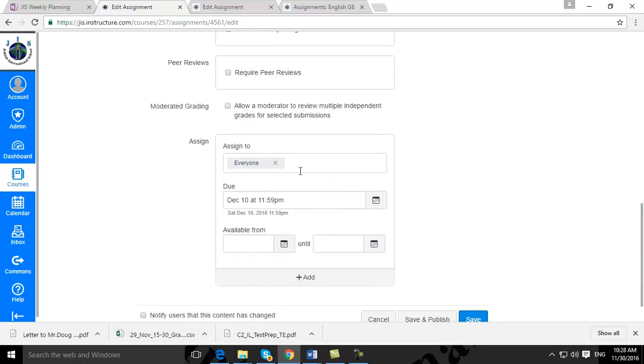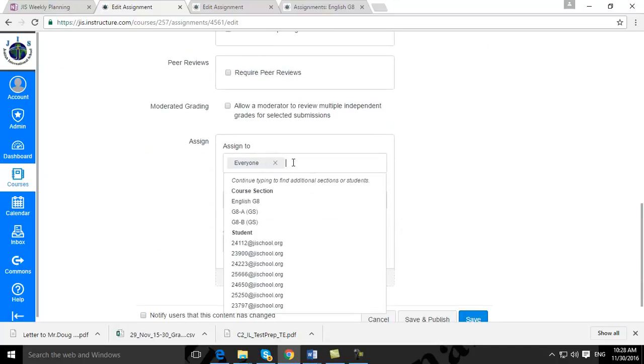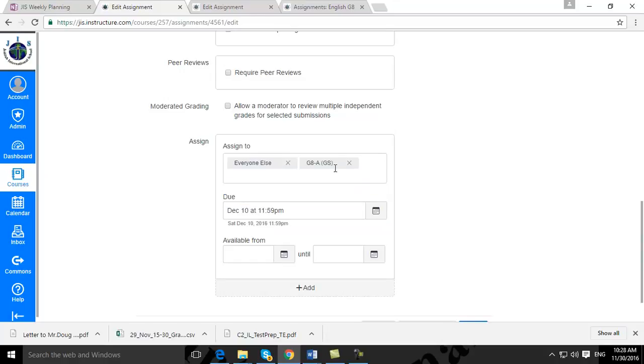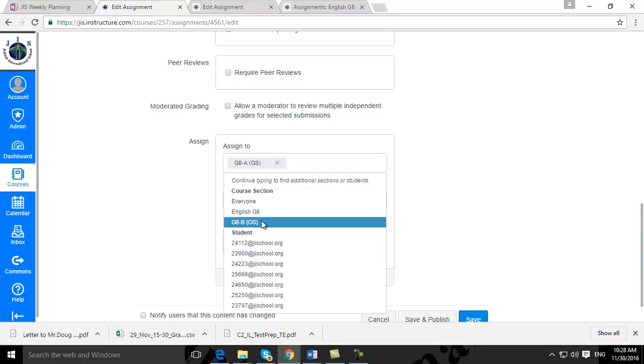Go lower and set up homework assigned to who. Remember, if I'm a teacher of only 8A girls, or this homework is only for 8A because 8A has a class that time, I'll select 8A and I will remove everyone else. After that,